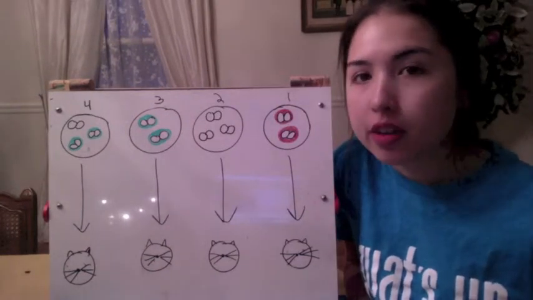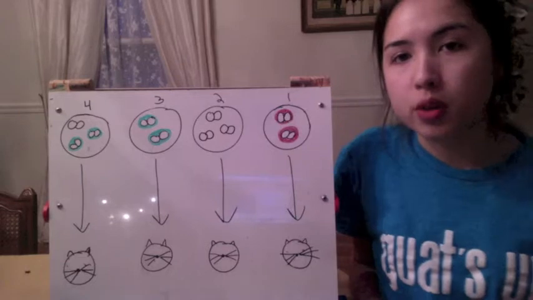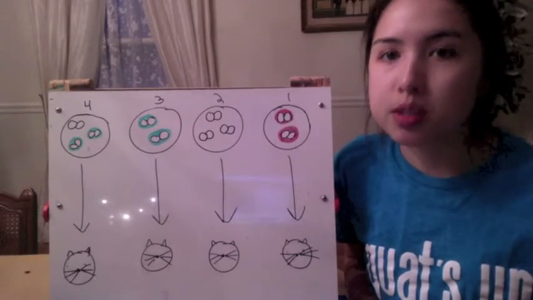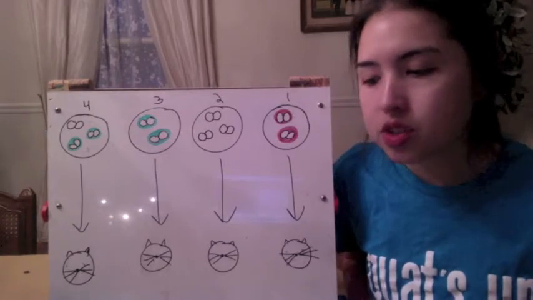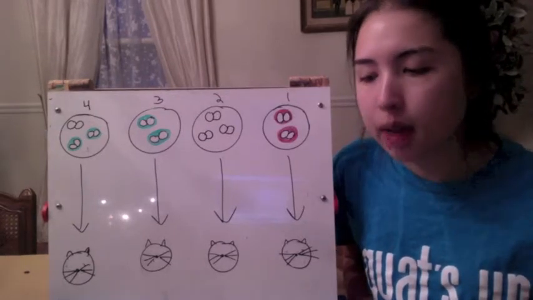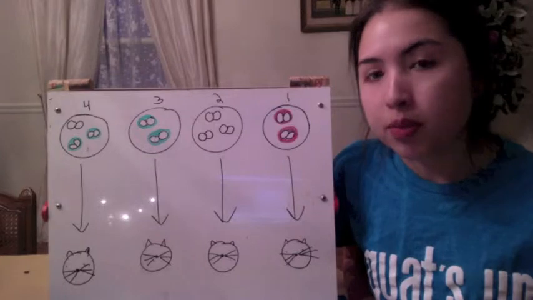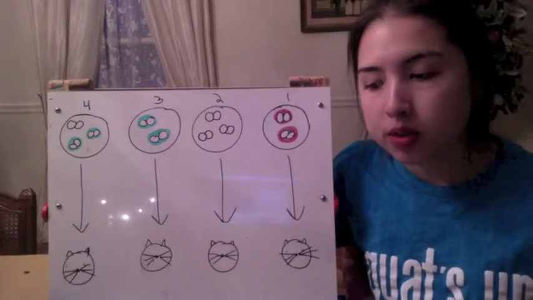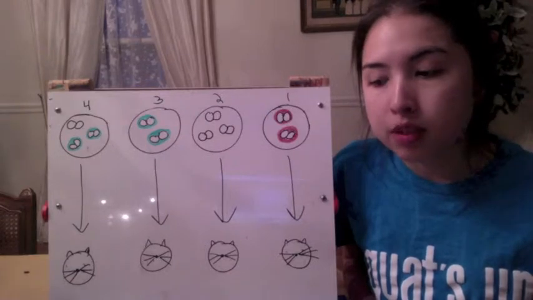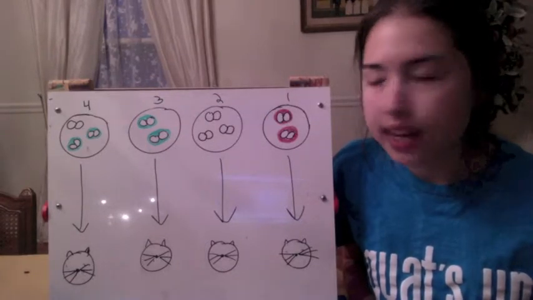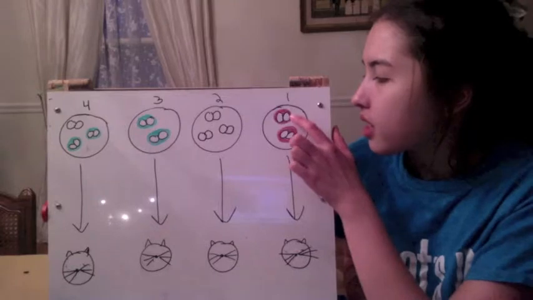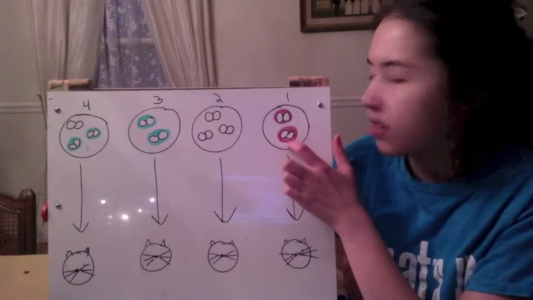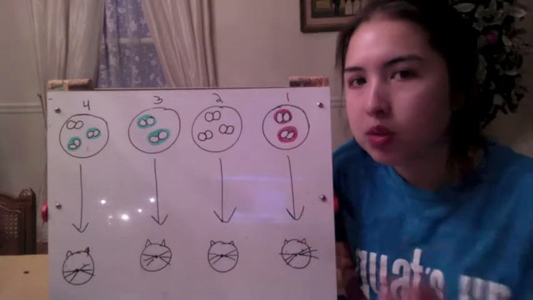In his experiment, Griffith used two different strains of pneumonia. The first strain he used was the S strain, or the smooth strain. This strain covers itself with a polysaccharide capsule, which protects it from the host's immune system. And because the strain defends itself from the host's immune system, the host is unable to fight the bacteria and therefore dies. Now, these two strains are surrounded by red, and the red is supposed to be the capsule, which